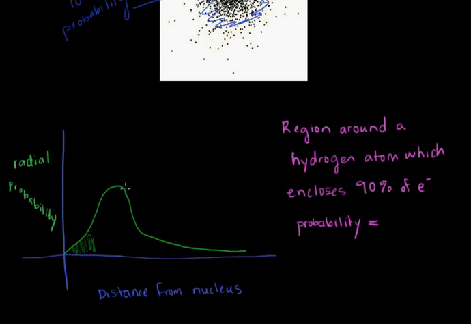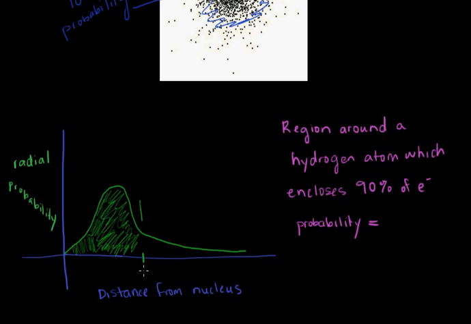Now, it looks like most of the area underneath this graph is to the left of this x value. And we can conjecture that maybe this much of the graph represents 90% of the probability. So an electron is 90% likely to be no farther than this arbitrary value, let's call it